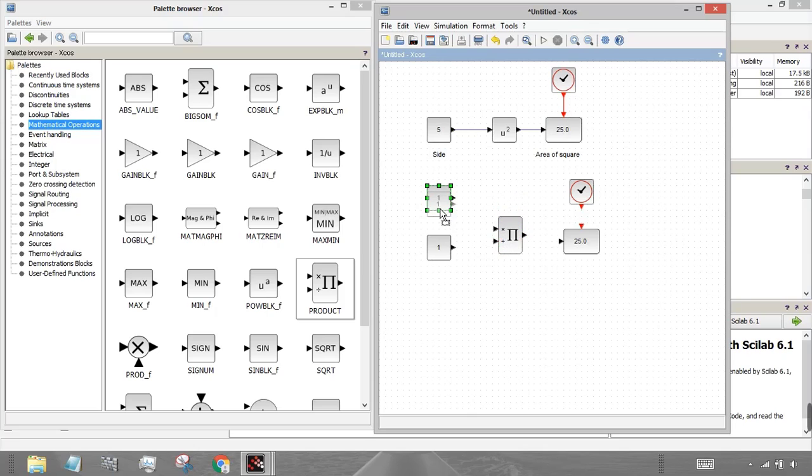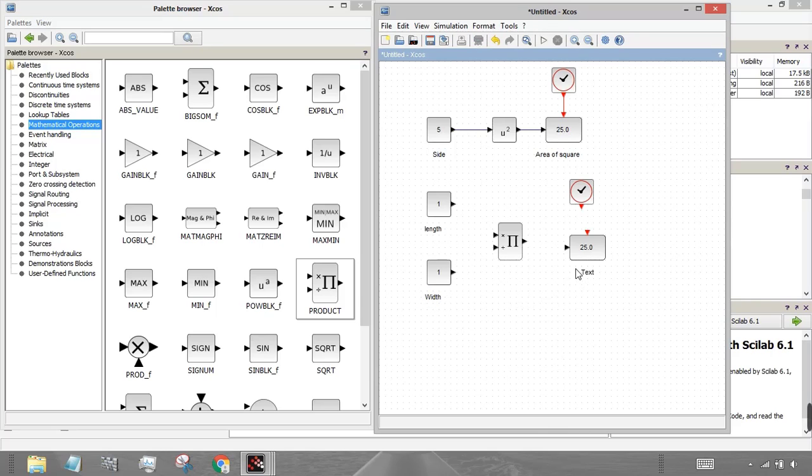I'll rearrange it downward. I'll rename this as my length, and this as my width.